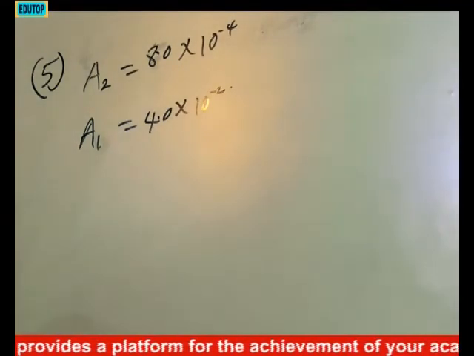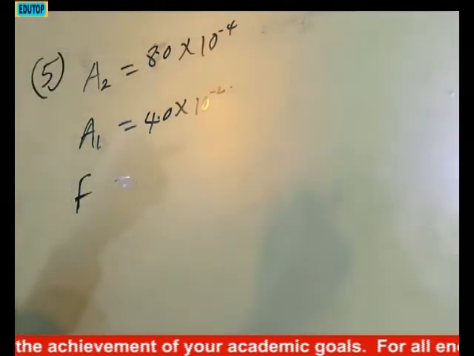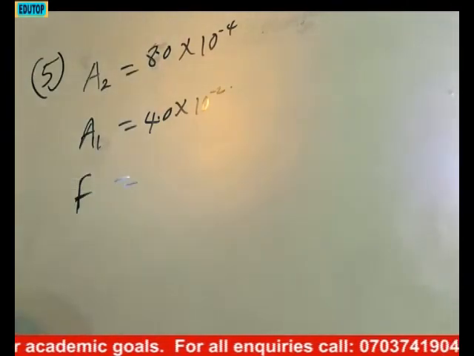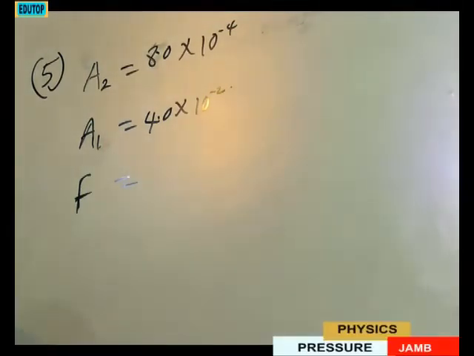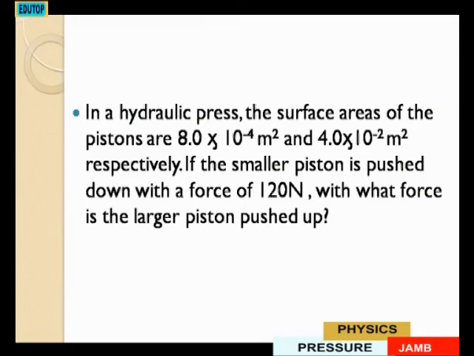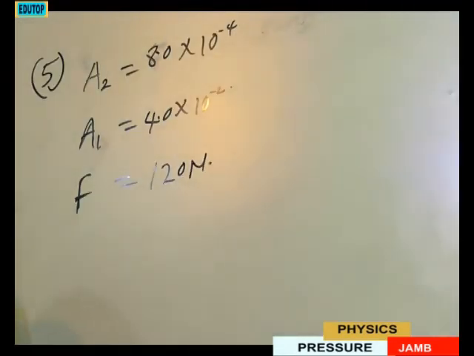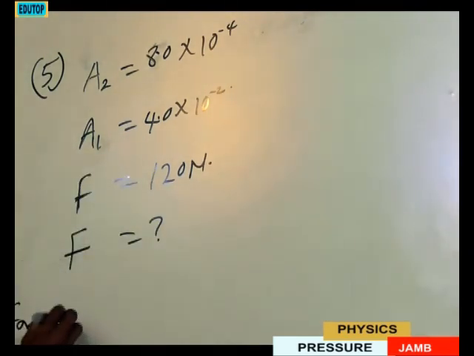Then we are given our small f, and that is the downward force we use to exert a pressure on the area of the smaller part of the cylinder, which is 120 Newton. We are told to find the force of the larger piston. You can come around and say force on